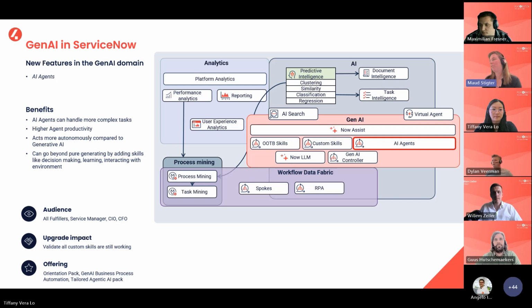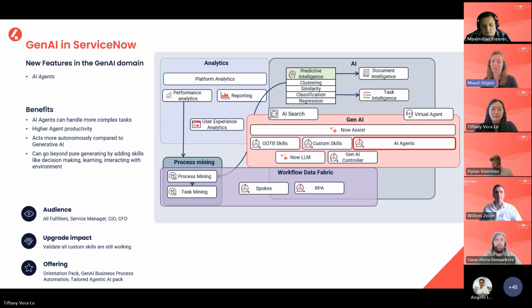For example, my MTTR is going up. With process mining, you can shine a light on the actual behavior of the process instead of the intended behavior. So maybe you see a lot of ping-ponging between assignment groups. And that's your starting point to see where your bottlenecks are and what you want to improve with AI